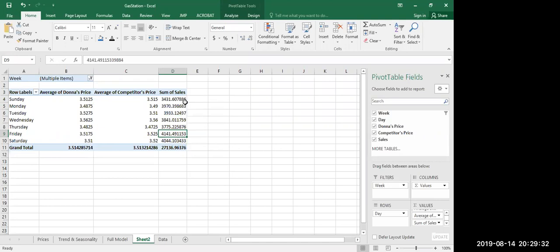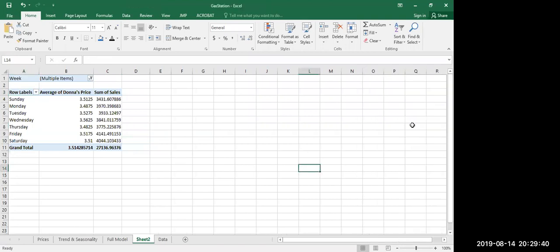So you can think of things that you want to put in here. And then if you don't like something, if you don't care what her competitor did, you can just drag it back out. It'll go away. And it gives you the opportunity to look at the data a little bit differently. And so it is very important that you consider using pivot tables when you're going to do some form of analysis because it allows you to see the data